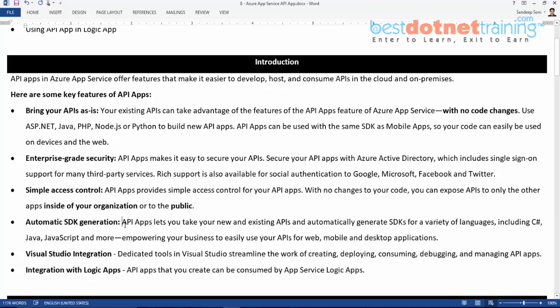Automatic SDK generation. API apps provide a facility where the client-side SDK can be generated on the fly. And this feature is pretty well integrated in Visual Studio also, where you can just provide the URL of the API app and through that URL, the complete SDK, the ready-made set of classes, let us say in C#, are going to be generated by Visual Studio. And the same